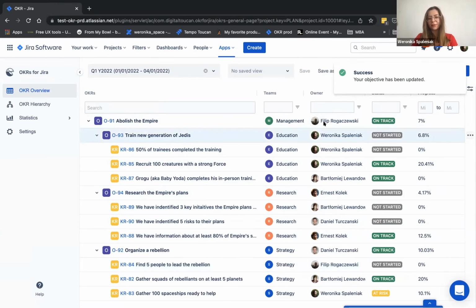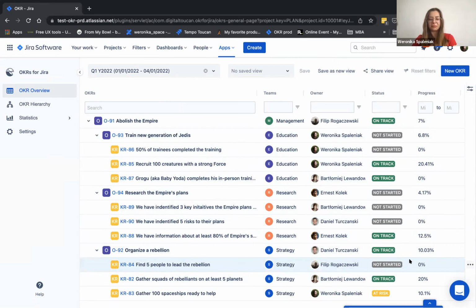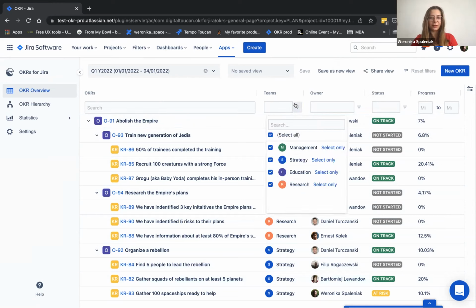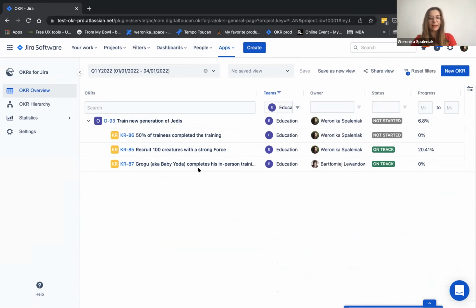And we would go from top to bottom, updating everything. If you had a lot of OKRs, you'd probably do it by team. So you would go in here and filter by, for example, the education team, and the whole education team would review just their goals. It's super easy because they can just see their goals, so they don't have to focus